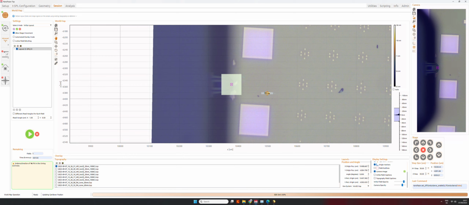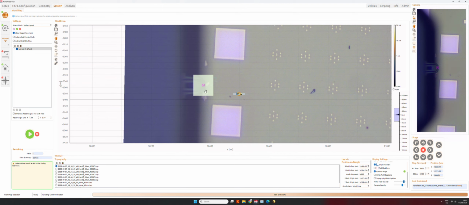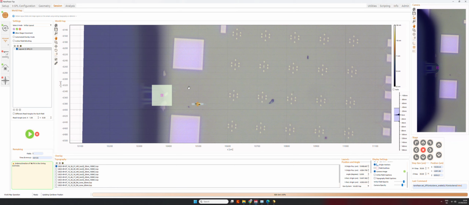Welcome everyone to this tutorial for the overlay on low-dimensional structures. In the previous video we saw an example of simple overlay with the Mona Lisa or Nano Lisa. So we pattern a frame and then we scan it and place our design inside it in exactly the position that we wanted to keep.